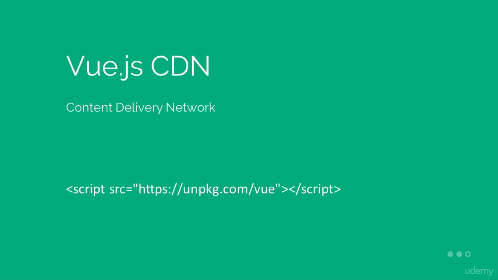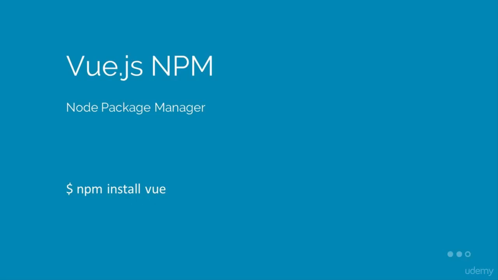The recommended CDN to use is mentioned on the written version of this tutorial, which you can find in the description here on YouTube if you're watching on YouTube, or on the Coursetro page where the course is located. You can find the exact script source here, as well as the written tutorial. We're not going to use this method for this course, because we're going to be using Node.js and we can install it. So the other two options are installing Vue.js through NPM, which is the Node package manager,